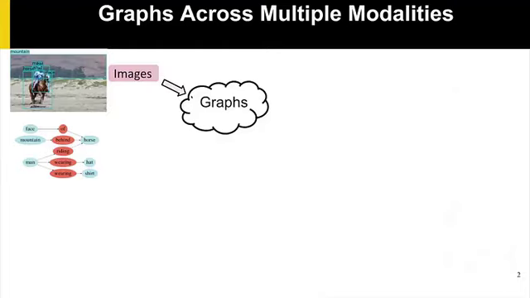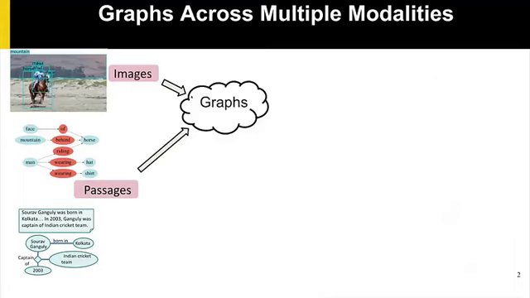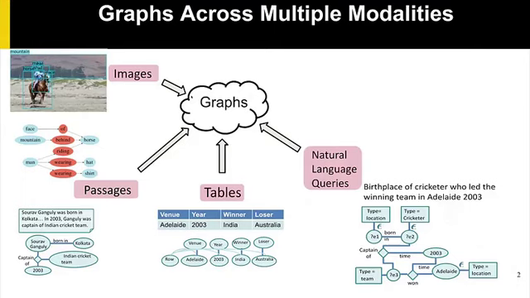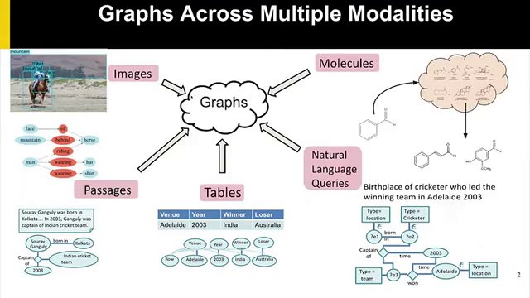to represent structured information. Images can be represented as scene graphs. Passages can be represented as graphs using entity typing tools to identify nodes and relationship extraction tools to infer edges. Tables have a grid-like structure, which can be represented as graphs. Similarly, complex multi-clause NLP queries can also be represented as graphs. And finally, in applications involving molecules and chemical compounds, graphs arise naturally with nodes denoting atoms and edges denoting molecular